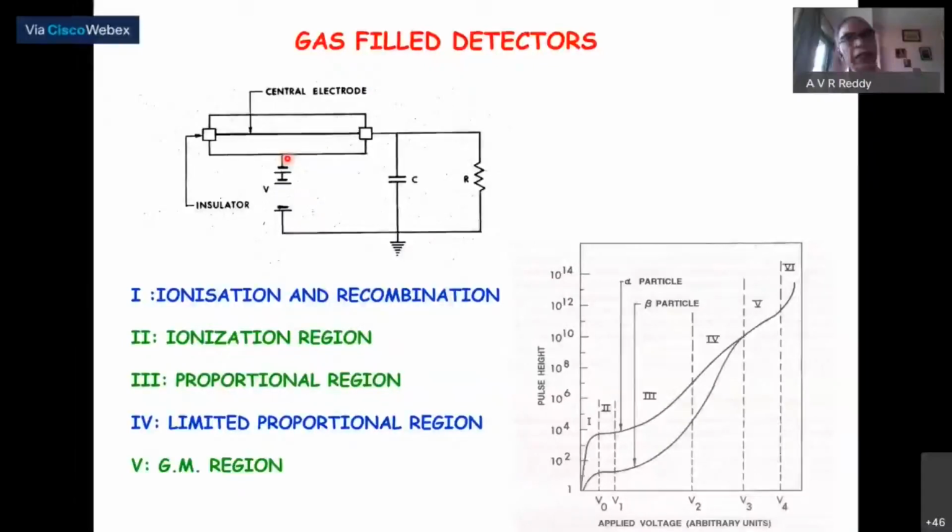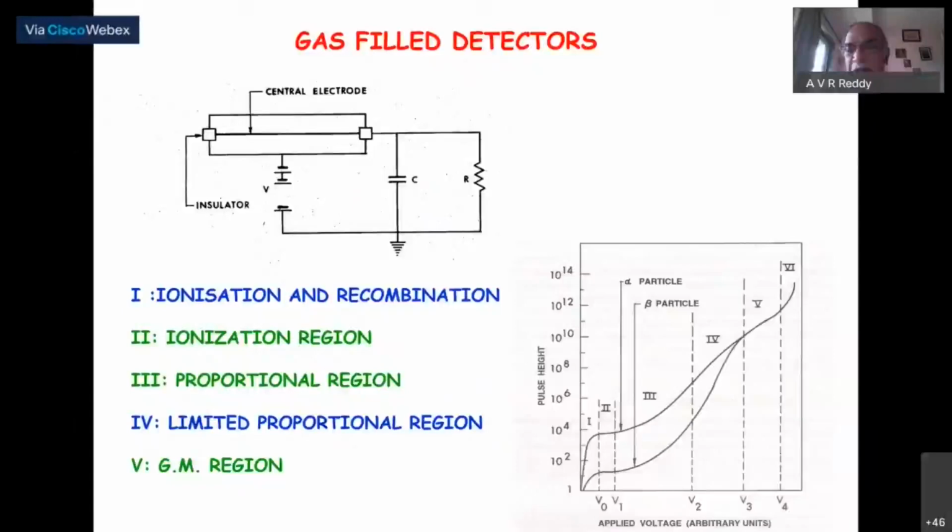Once the electric field is increasing and a charged particle, in fact a pair, is there, they get accelerated. When they get accelerated, their kinetic energy increases, and this effect will be felt more on the electron, being a lighter particle. The moment the kinetic energy exceeds the binding energy of the electrons of the molecules, there will be additional ionization. In other words, ionization is getting multiplied in the gas. In olden days, the word used was gas multiplication. Actually, ionization is getting multiplied in the gas.